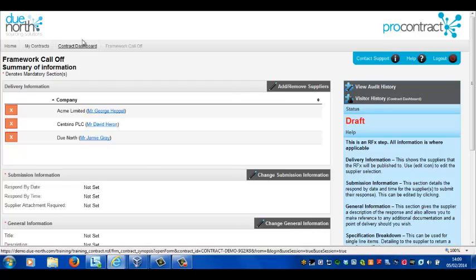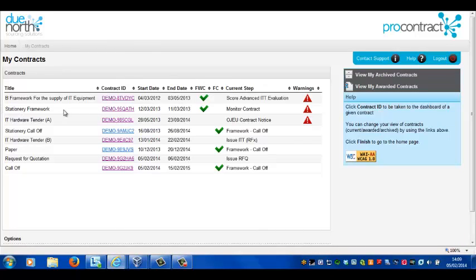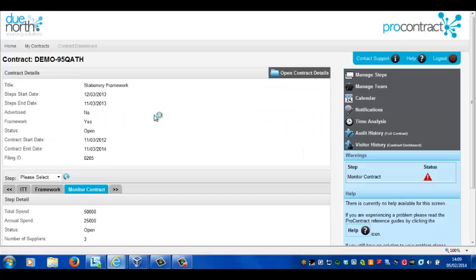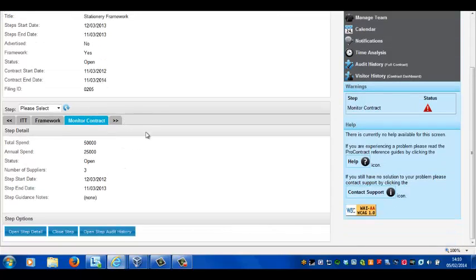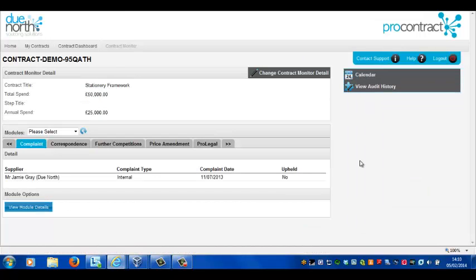What I'm now going to do is go back to my individual workflow as a procurer and back into the stationary framework project itself. What I've done here is I've added in a monitor contract step. So if I open this up, the monitor contract module is where you record anything post award when you're monitoring your suppliers, and you can see here we've got complaint, correspondence, further competitions, price amendments and so on. The further competition tab appears automatically and it updates automatically within the system. So if I click on the further competition tab here